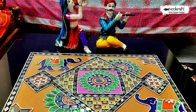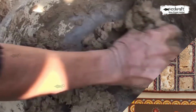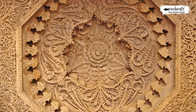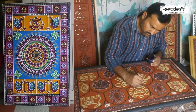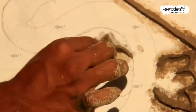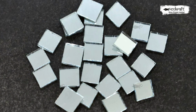Lippan, or mud washing, is done on the inner walls of houses using a mixture of clay and camel dung, making intricate patterns using glass pieces to create designs. This form of art uses a mixture of ceramic for different surfaces, shaping clay to create various designs, mirror pieces and